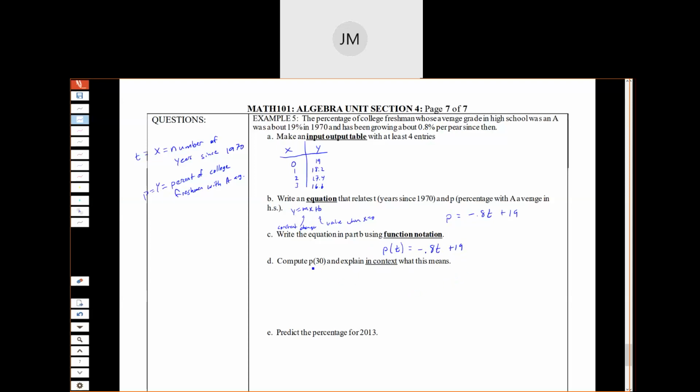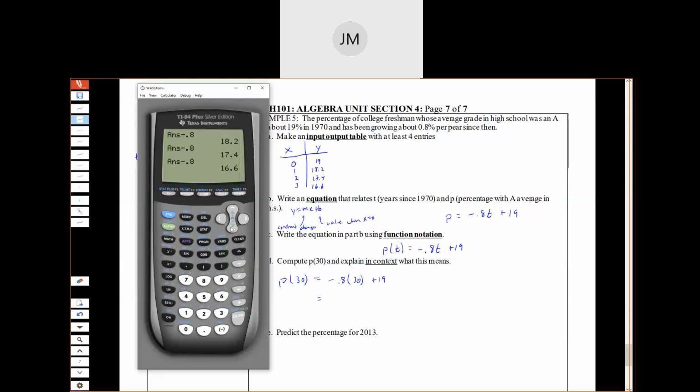Okay. Now let's compute p of 30. So what we did is we replaced t with a 30 on the left, and we replaced t with 30 on the right. Okay, so I'm just going to use my calculator to evaluate that expression. So I have negative 0.8 times 30 plus 19. Oh,